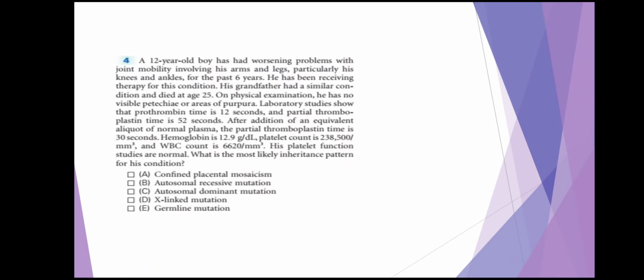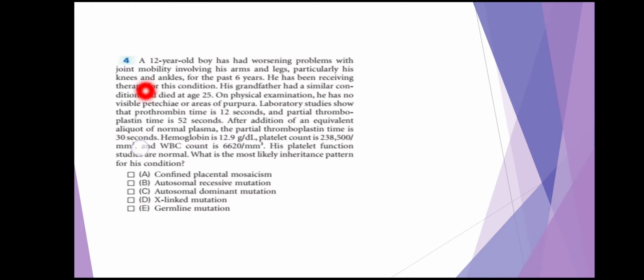So this was all about hemophilia. Let us solve a few problem based questions on hemophilia. A 12-year-old boy. The history in a child is given. Generally in hemophilia you will get a history in a child and a boy. Males are more clinically apparent than females. Females act as carriers, so in males the disease manifests. So you will get a history in a child who is a male.